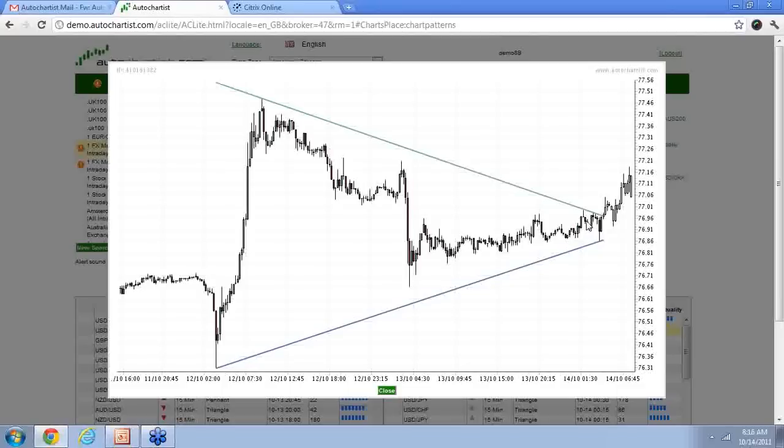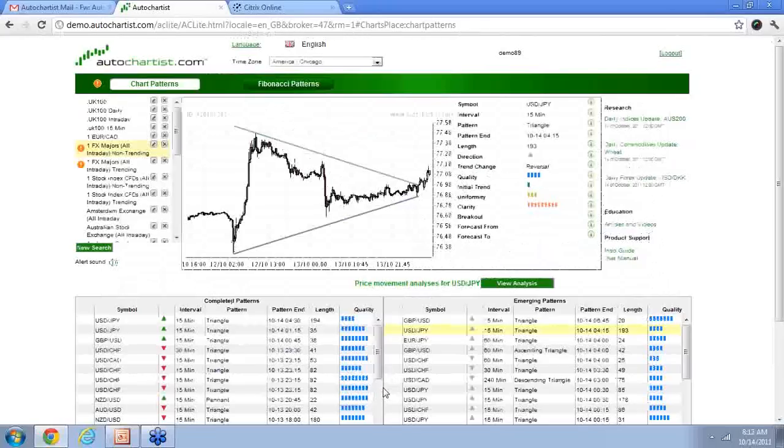So what I'm looking for is what's going to trigger this breakout. So ahead of time, I'm looking at the 76.96 to 77 area as a possibility of a breakout. Okay, so that's what I want to do, is I want to look at where this market can go or where it can break out. And that's why I look at emerging patterns. Now going back to the completed pattern section, that's my trigger point. My trigger point is going to be this breakout over the green line. If I don't see it in the emerging pattern section first, then I'm going to have to go back to this completed pattern, and